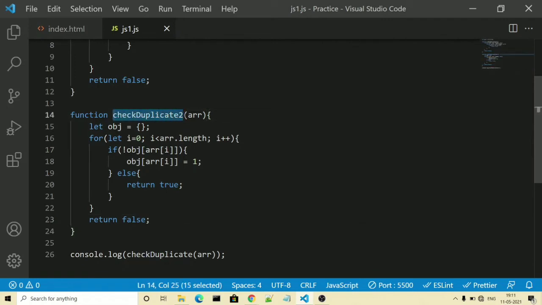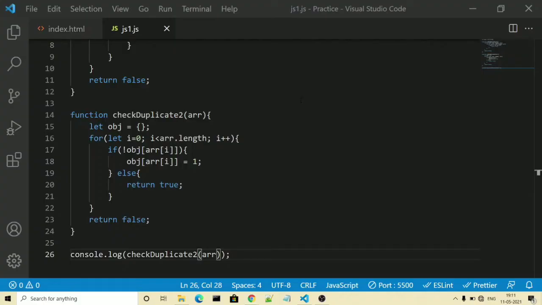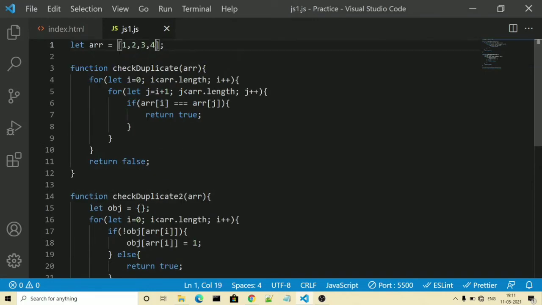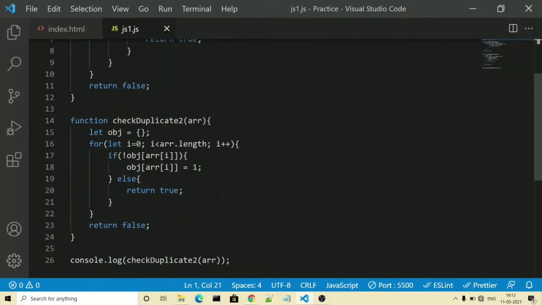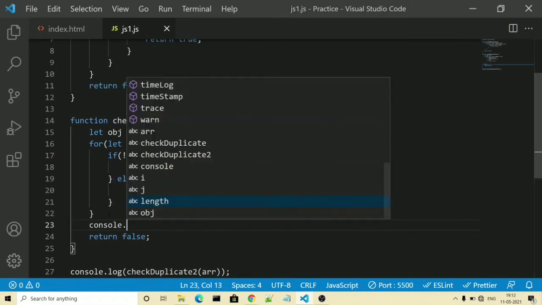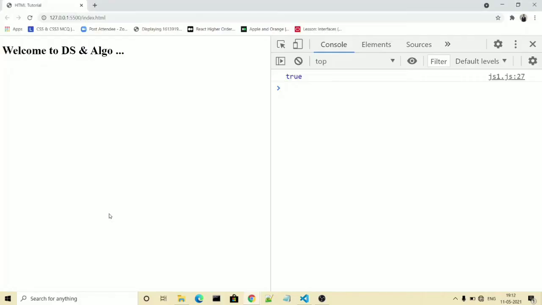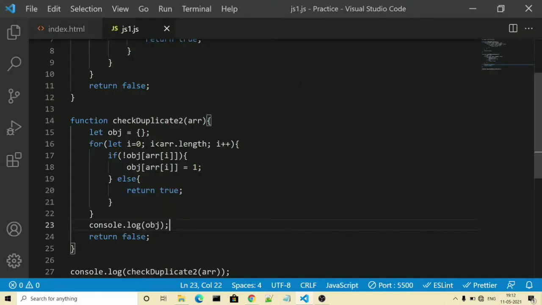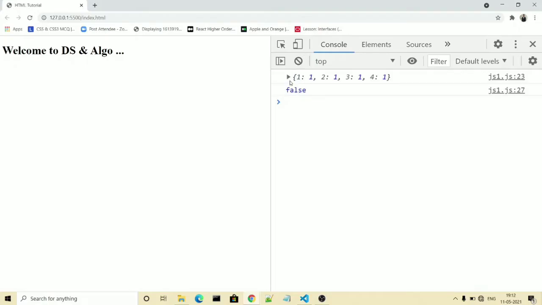Let's check this solution in our Chrome. First we will call this function and remove the other function. For the first time it is coming false. Next time I will put some duplicate there. So yes, it is coming true. And let's see what's coming in our object also for more clarity of the concept. Console.log, we will see obj. For the first time it is coming true and we are not able to loop through to come to that point, so that's why it is not able to show.